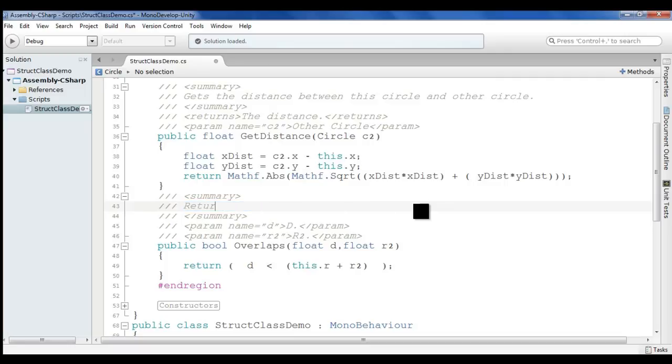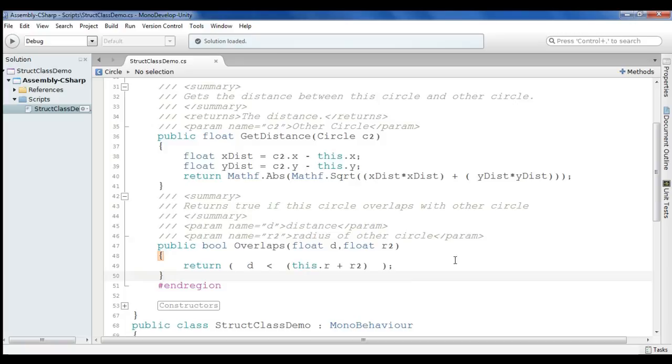I can say here returns true if this circle overlaps with other circle. That is much more intuitive. And what are the parameters it takes? It takes the distance, and here you have to pass the radius of the other circle. You can write like this. So that is much better and meaningful.